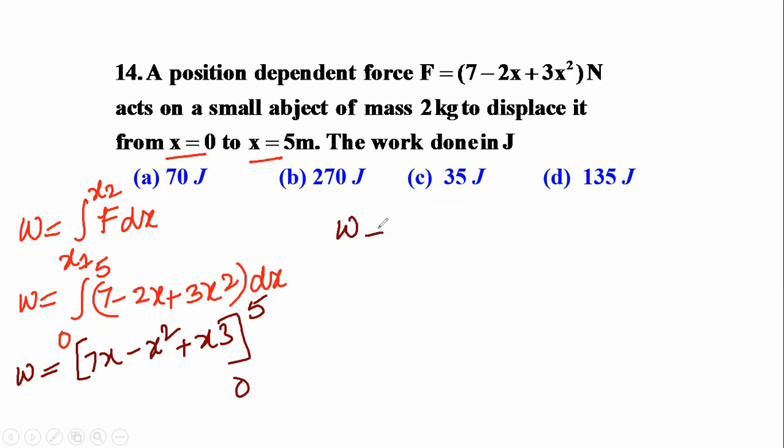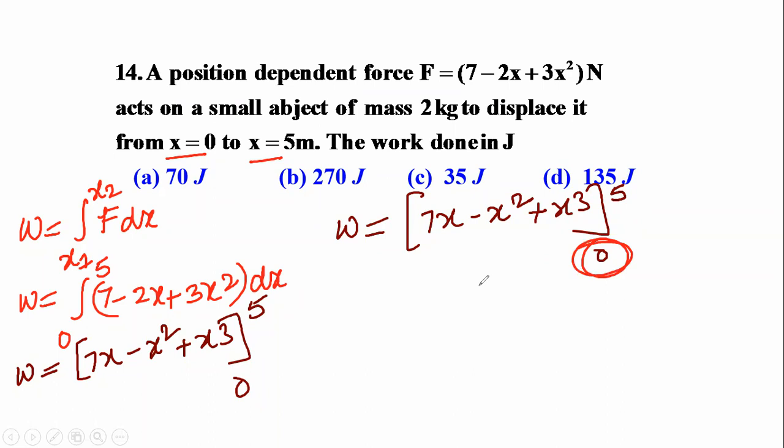What we got? W is equal to 7x minus x square plus x cube within the limits 0 to 5. First we have to substitute the upper limit. As the upper limit is 5 and the lower limit is 0, no need to substitute the lower limit. Even if you substitute, what happens? It will come 0. So W is equal to, on substituting, 7 into 5 minus 5 whole square